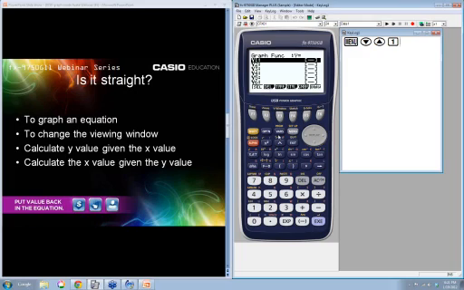Okay, so let's put in the equation 2x plus 4. So 2, and notice I use this x right here, the variable x. I can use this x here, and for linear it works fine, but it doesn't always. So let's go ahead and just use the variable. Get used to using the variable x right up here. 2x plus, what did I say, plus 4. And I'm going to hit execute because now I'm done putting my function in.